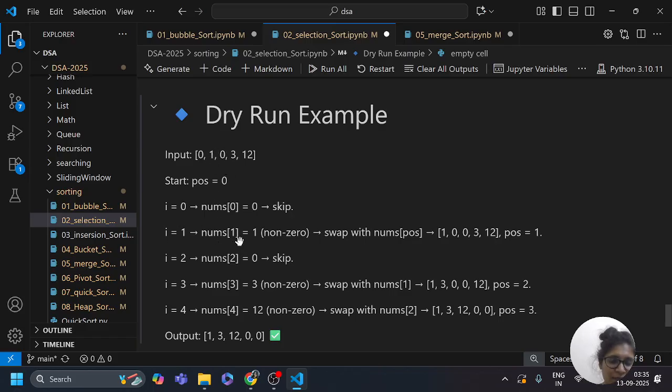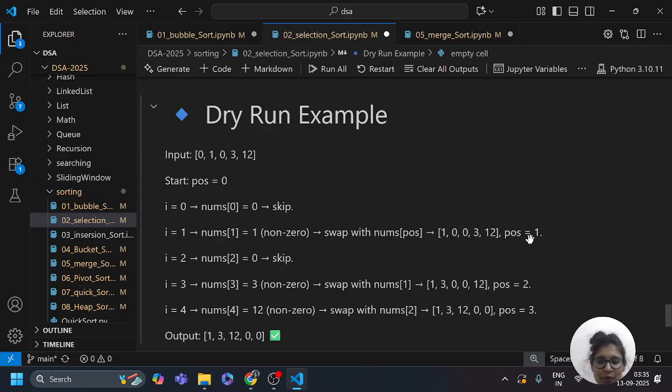At 1 I have the number 1, which is non-zero, so we need to swap it with pos. I need to swap 0 with 1 and 1 with 0. Here you can see 1 at index 0 and 0 at index 1's place.